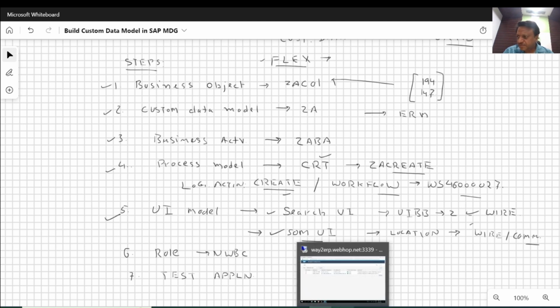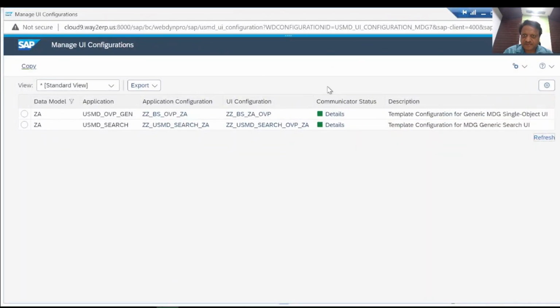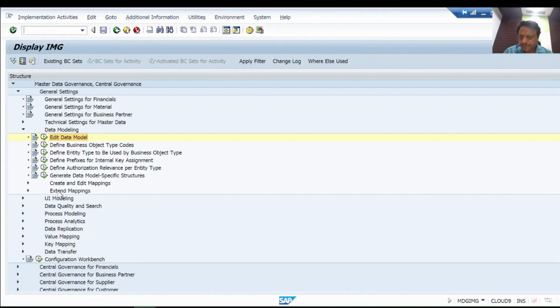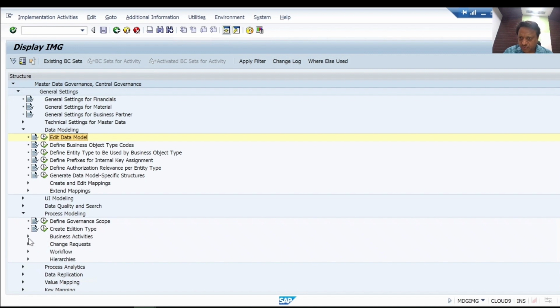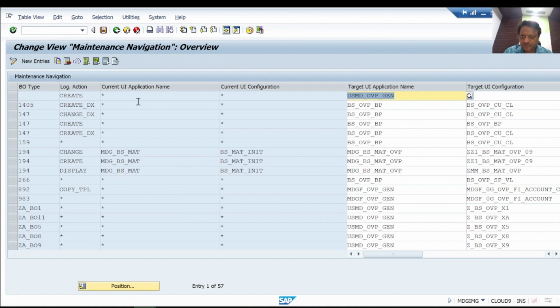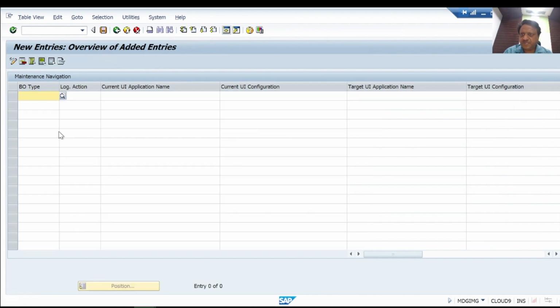And now, after we define a new configuration, there is another setting that will be required, and that is in the process modeling, go to the business activities, and there are two tables. This one is the navigator table where we need to maintain the entry. So we say logical action, let's say